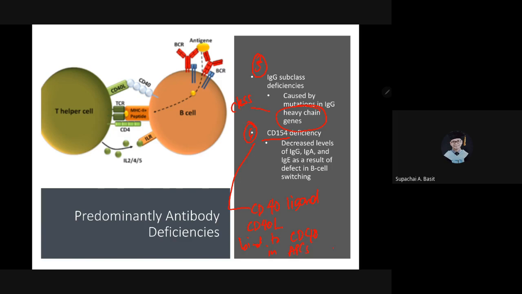Okay. Now, if we are deficient in CD154, there would be decreased levels of IgA, IgG, and IgE as a result of a defect in B cell switching. B cell switching is important so that you'll be able to properly produce immunoglobulins such as IgG, IgA, and IgE. So by the way, this is CD154 or the CD40 ligand, and this is where the CD40 will bind to in antigen presenting cells. Okay,